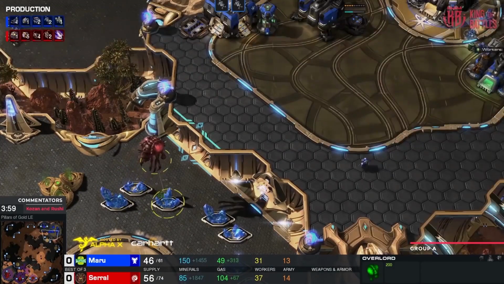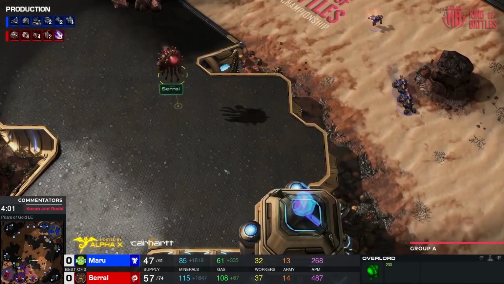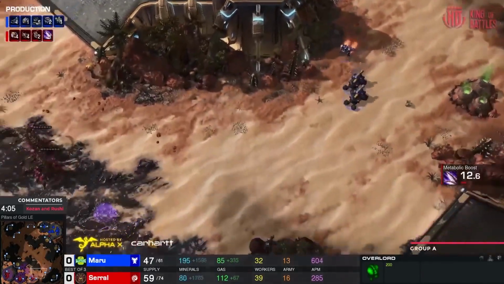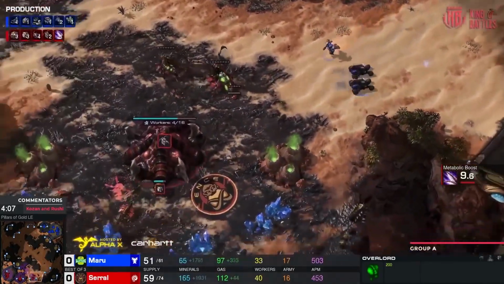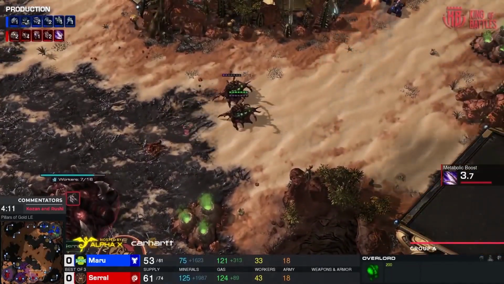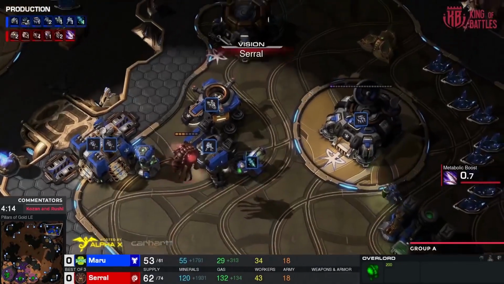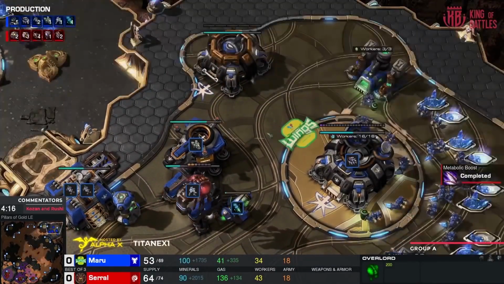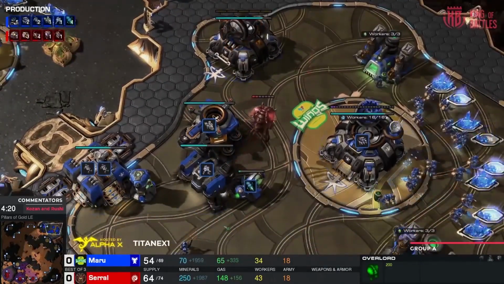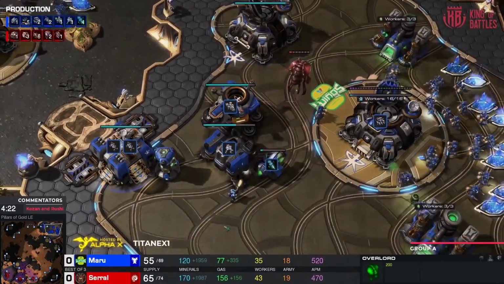He's going to be able to get in here with the Overlord and start taking a look at what Maru's trying to do here. He's going to see that third base. He's going to need to deal with these Hellions, though, but not a lot of drone count at that third base, so not a lot of major issue. There's going to be one Liberator on the way, and he is going to spot that here. It's either going to be Liberator or Viking, and he should live long enough to see...